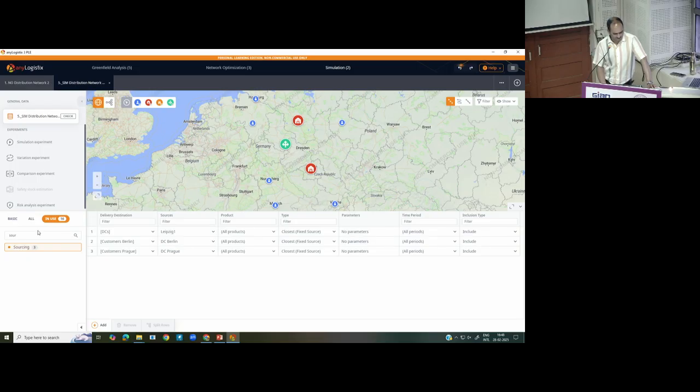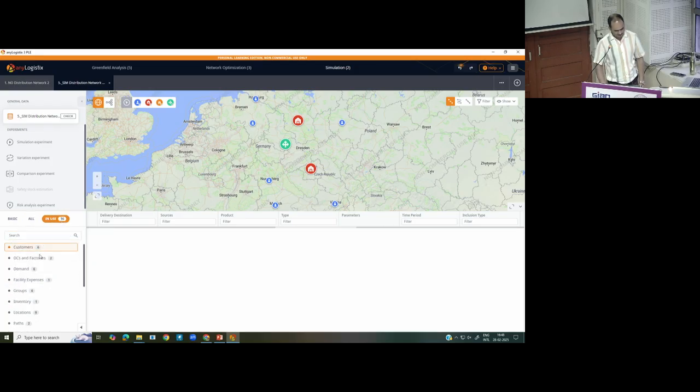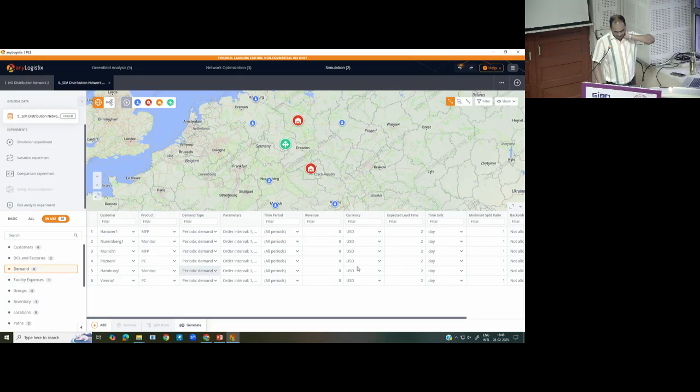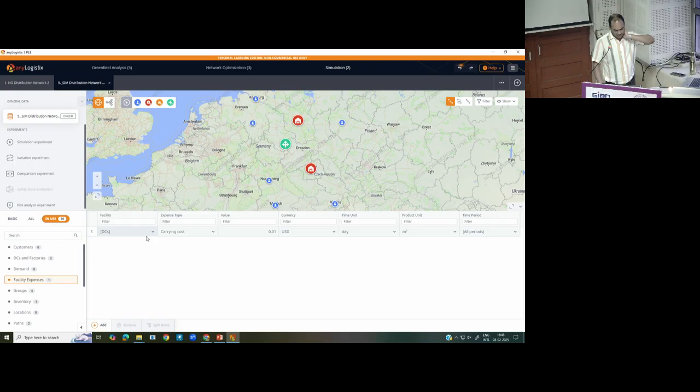Now we have added some additional parameters here. What are those parameters? Customers are same. Okay, customers are same, DCs and factories 2 DCs, and we have added the capacity 100. Demand same. Okay, there is no demand. Expected lead time is 2 days. Okay, facility expenses, carrying cost is added. Groups inventory